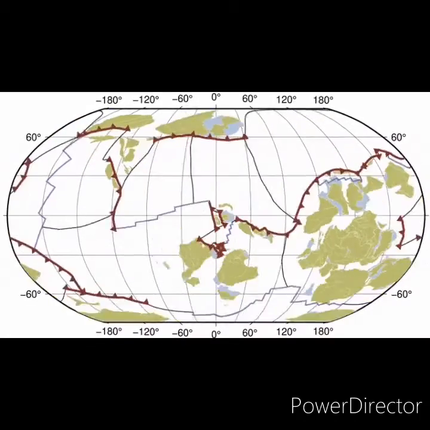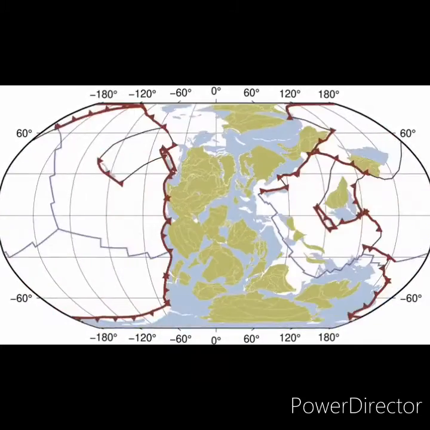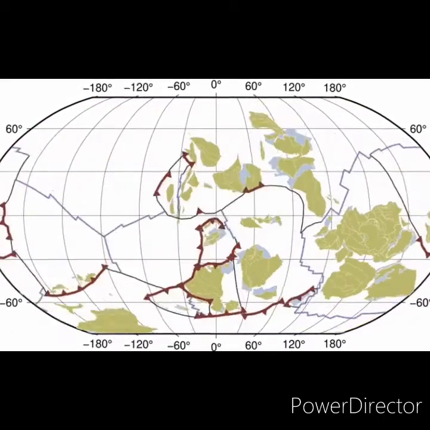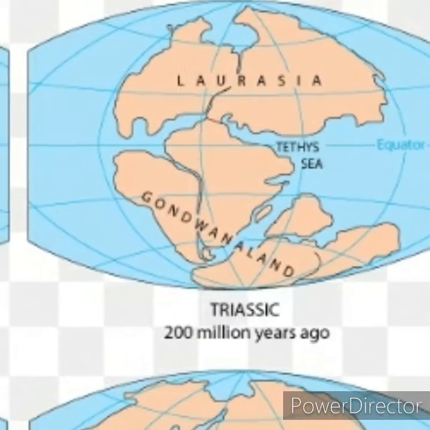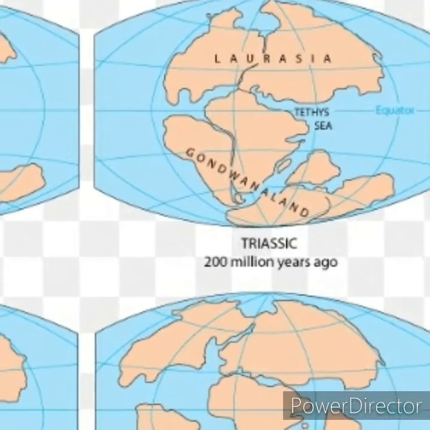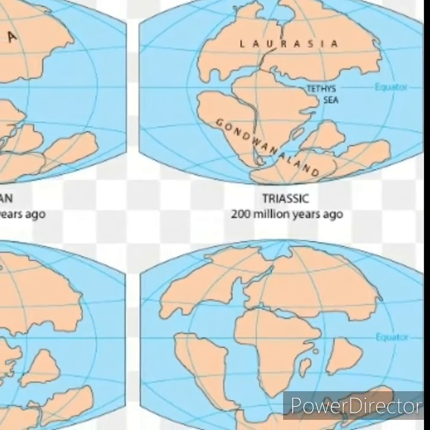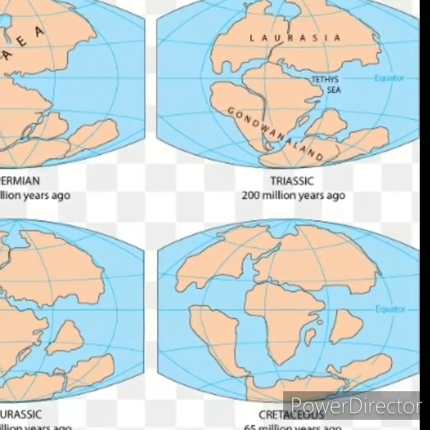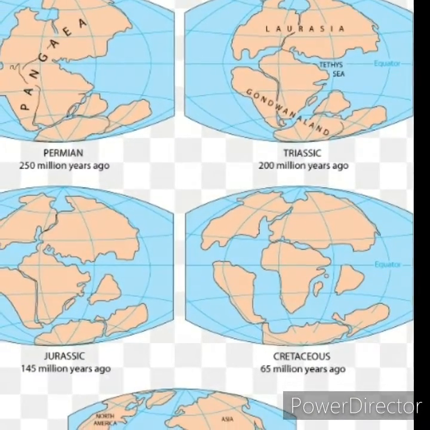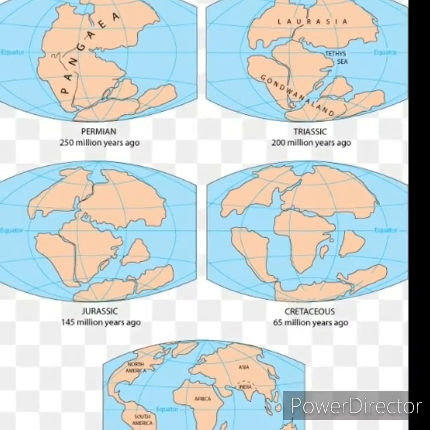The movement might seem slow, but over millions of years, the plates and the continents riding on them move a long way. For example, 250 million years ago, the Indian plate was part of Gondwanaland, which comprised Africa, Australia, Antarctica and South America. Next, approximately 140 million years ago, the Indian plate broke away from the ancient supercontinent Gondwana and began moving north and collided with Asia.